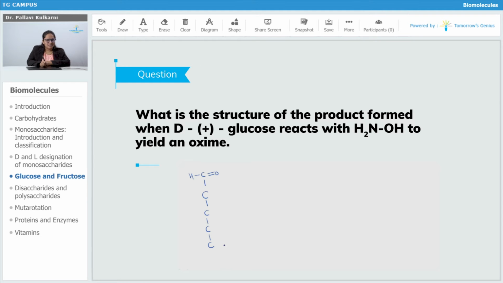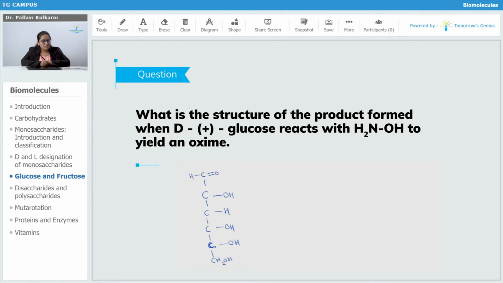At the end of the structure, write down the CH2OH group. After this, we have to write down the 4 hydroxyl groups: OH, H, OH and OH. This one is the penultimate carbon atom